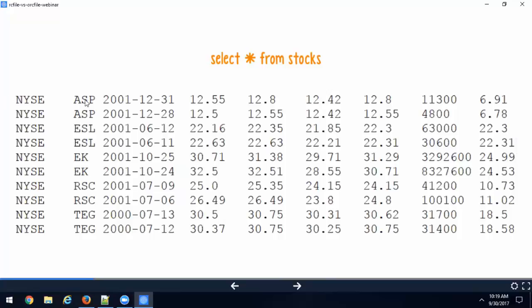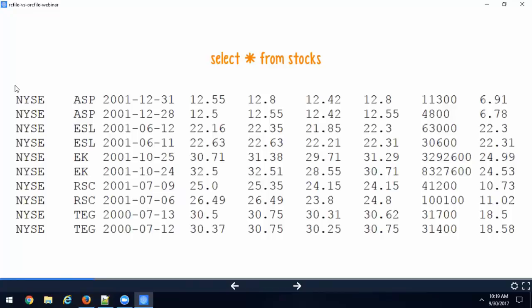Record number 1 will be laid out first, followed by record number 2, followed by record number 3, and each record includes all its columns: column 1, column 2, column 3, and so on.